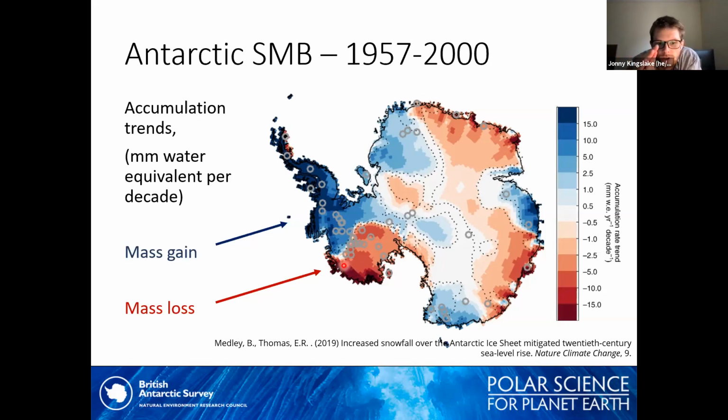Yeah, so those very dark, very large negative trends, do they contribute significantly to the overall sea level rise? Yes, we're talking, these are showing up as quite dramatic. The losses here are similar to the increases that we're getting across the peninsula. So they will be balancing each other out or not. But this particular region is really interesting, and that's why it would have been fantastic if we could have, as part of Thwaites or something, got some ice cores along here, because along some of these coastal domes would be an absolutely perfect place for a record that would give us a good indication, because we just don't have very